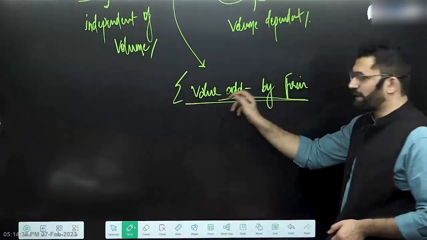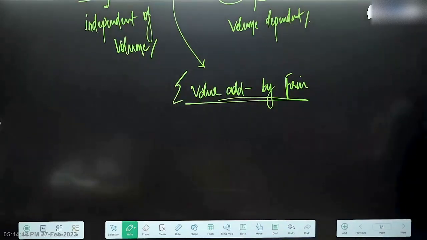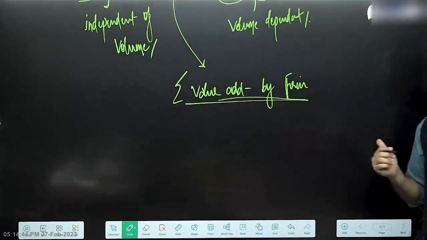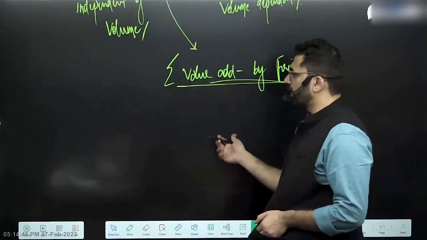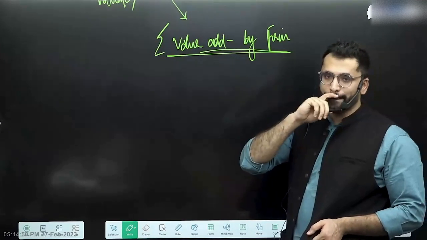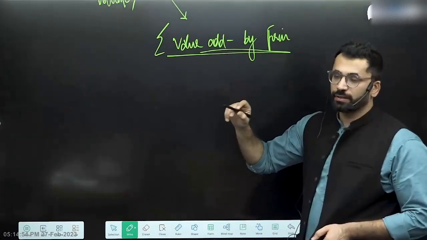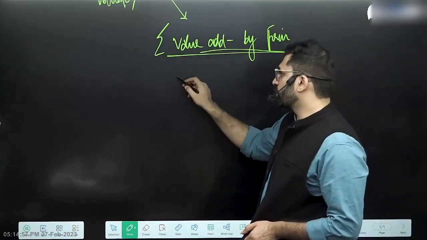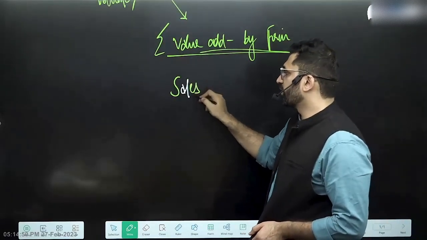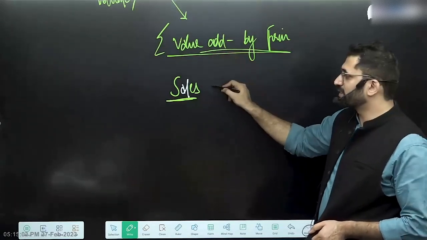The summation of value added by each firm will give me the value added by all firms in the market. So what exactly is the value added by one firm? How do we calculate this? Final. This is the total sales, the sales done by the firm minus the value of